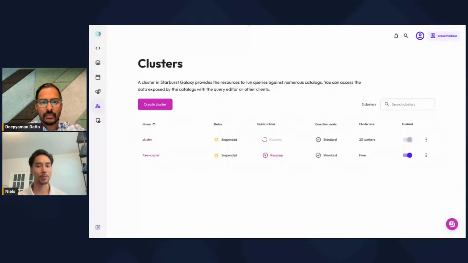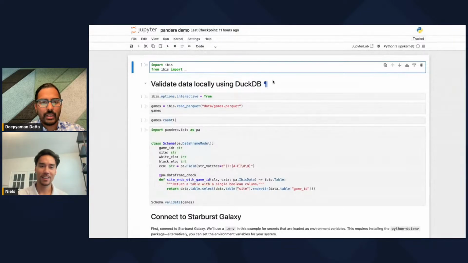Okay, so I was going to ask what problem does the Pandera Ibis integration solve, but I think maybe you can show rather than tell. So if you're ready to switch over to your screen share, you can take us through a quick demo that you prepared. Cool. Yeah, I think I've got it up. Let me know if you see the screen. I see it. Okay, great.